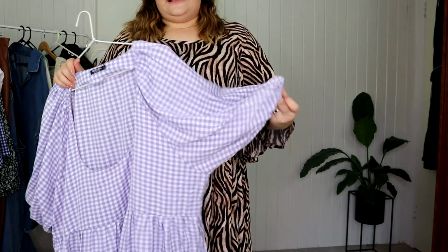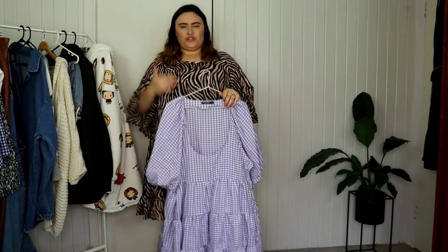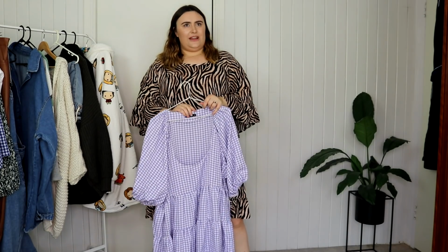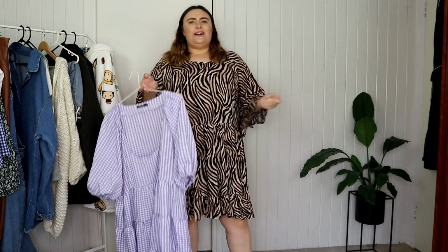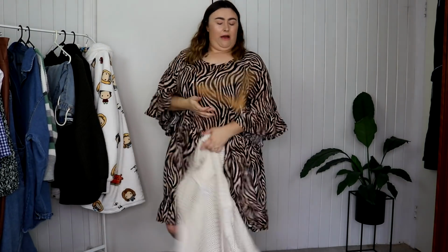The puff sleeve is literally everything, and that drop neckline with the scoop, oh my gosh. I don't know why this is so revolutionary in my eyes, but I find it really hard to get a great neckline that is flattering but not too sexy and shows a bit of cleavage but not too much. It's a really tough balance, especially when you're curvy. Pairing with that dress particularly,